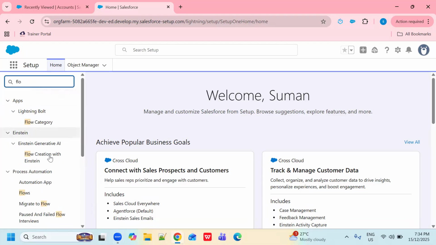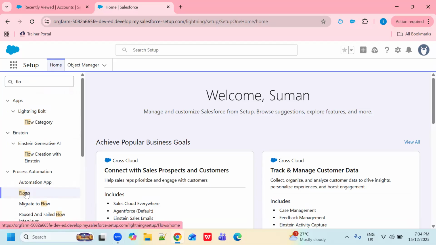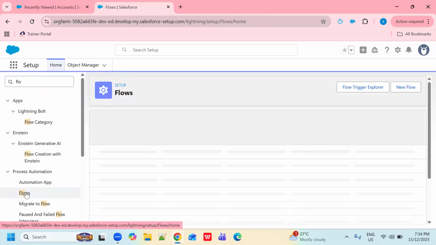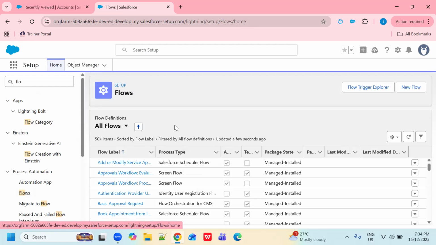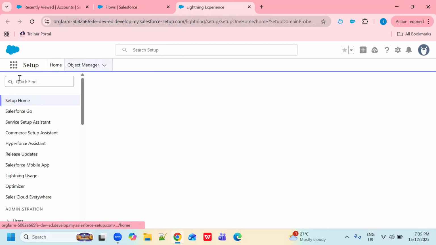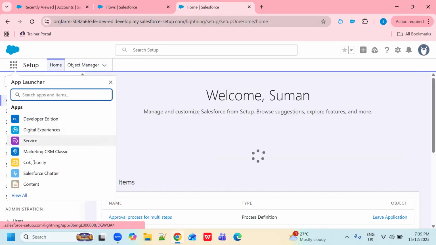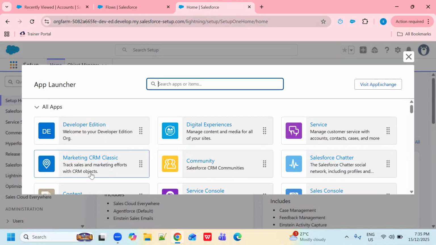Flows, click on flows. Okay, before creating, I would like to show you which pick list I'm going to use in my flow, right?